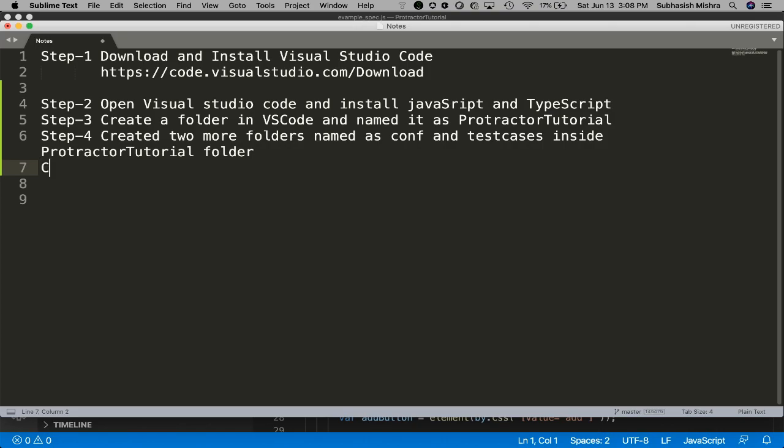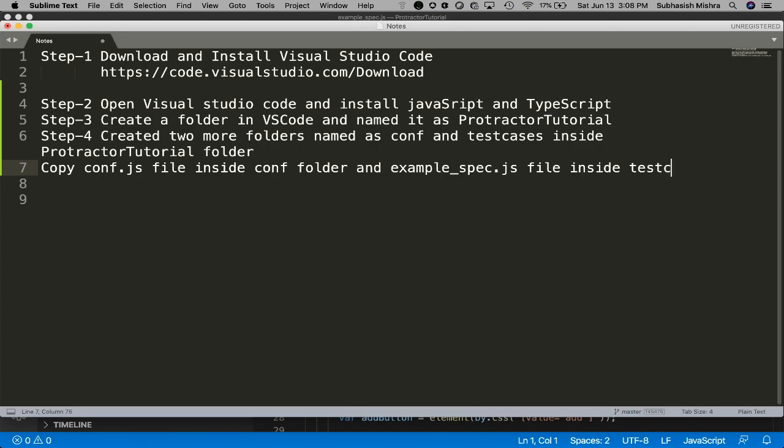And we copied the conf.js file inside the conf folder and the example spec.js file inside the test cases folder. This is what we did till now, right?